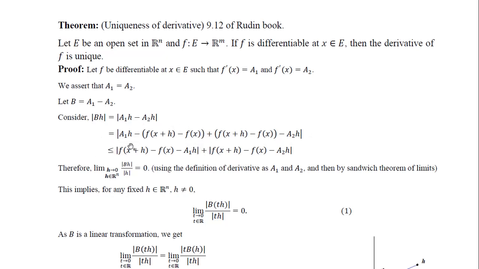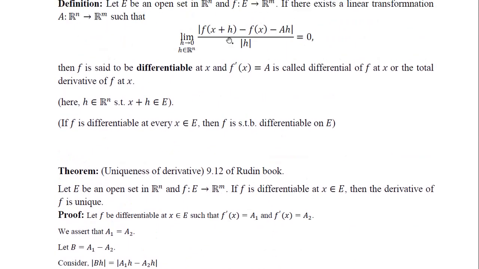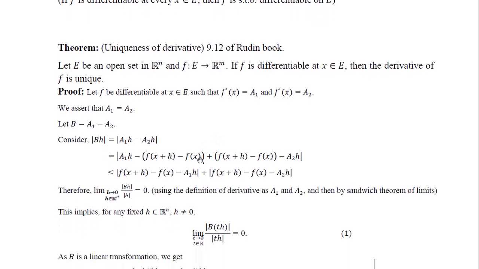So we have the norm of this portion, that is this one. Simply a negative sign is adjusted, because if we take the negative sign common from the norm of this full, it will be the absolute value of minus 1 taken out, and the absolute value of minus 1 is 1. And in the same way, plus the norm of this full. So we have got this, which we can utilize as per the definition of the derivative in terms of the limit. For this we have the numerator in our result, and if we divide it by norm h and take the limit, that should be 0. So we can divide it by norm h.